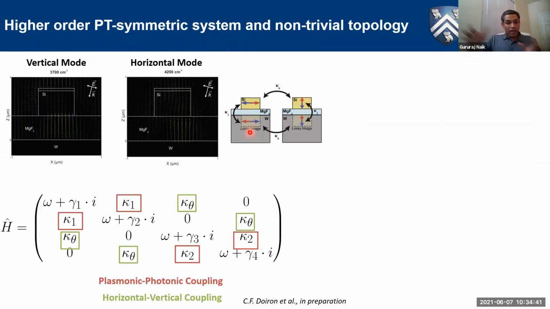What we are currently doing further is, if we change the angle of collection from zero, normal incidence, to oblique incidence, our system has even other modes, for example the vertical mode here, and they all couple, which makes this a 4x4 system, no longer just a simple 2x2 system.